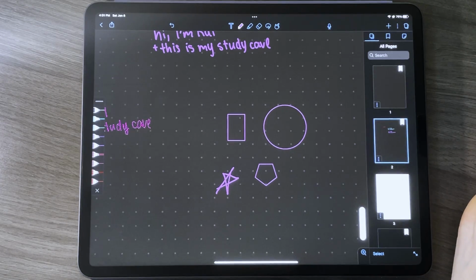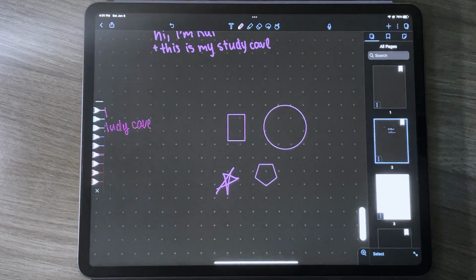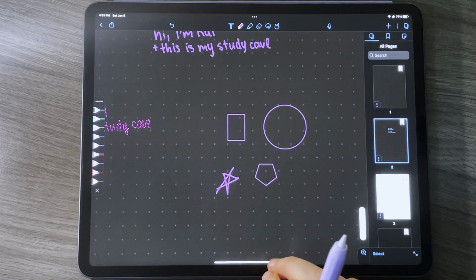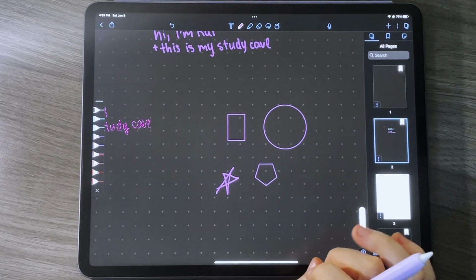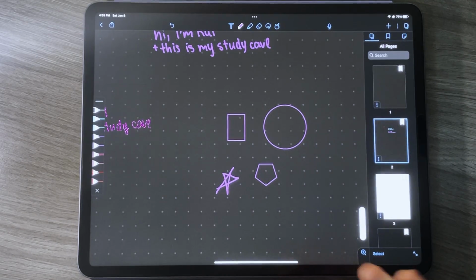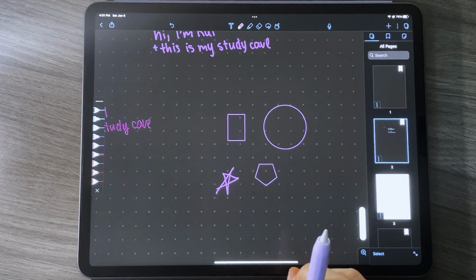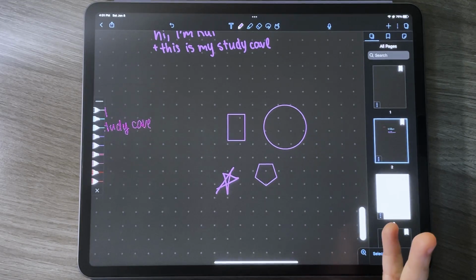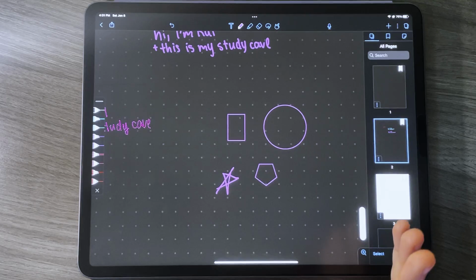Now, one other thing I want to touch on comparing these two apps in terms of their functionality is one of the ways that I use them as a student, which is being able to import and export media so that I can take my notes. So one thing that I find myself doing a lot is importing pictures, whether they're screenshots or images, so that I can annotate them directly if there's something that a professor hasn't provided on a PowerPoint that I happen to